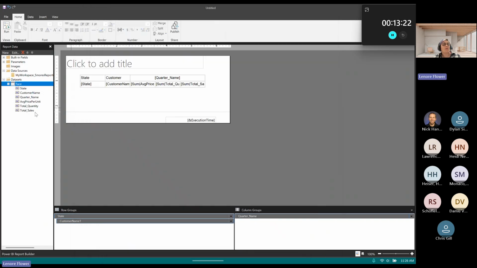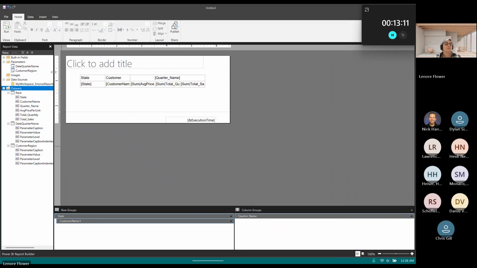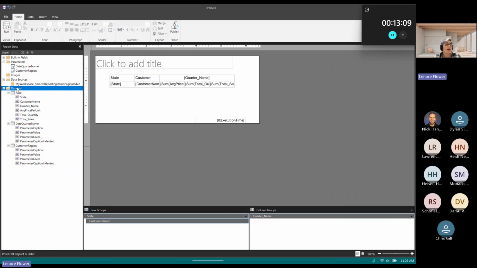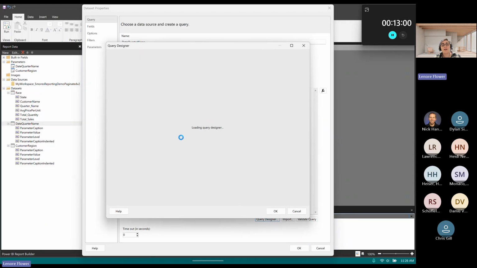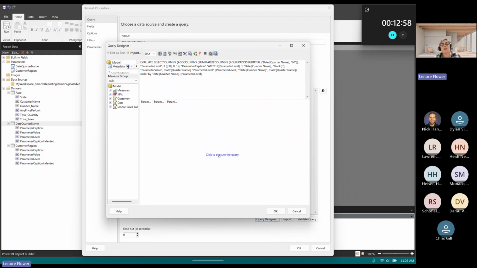When we hit OK, a bunch of things happen that you won't even notice if you don't know to look for them. And this is where we get into that paginated relay race. So I just expanded out parameters and I unhid datasets. We have the data quarter name and the customer region. All of these are creating the underlying infrastructure to make it possible for data to come and go.